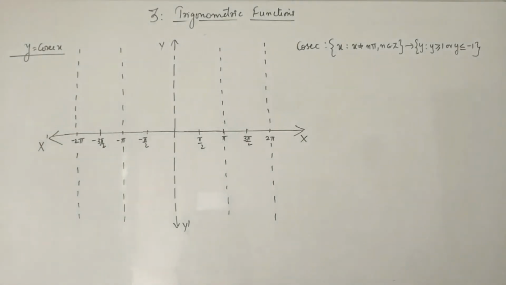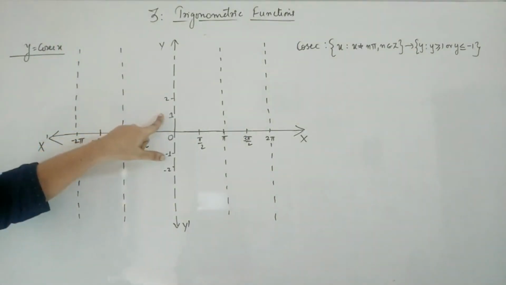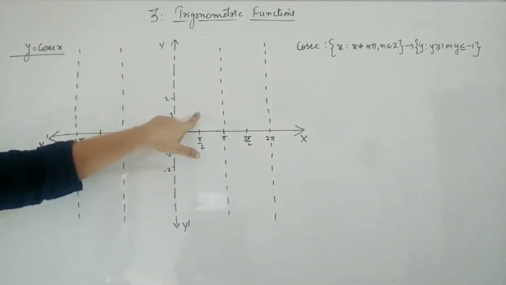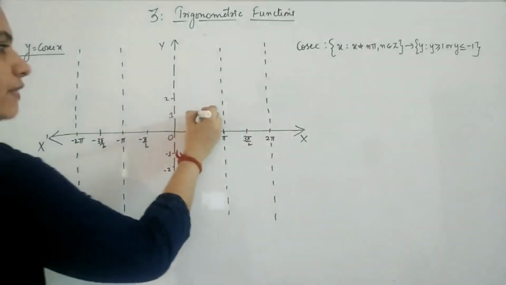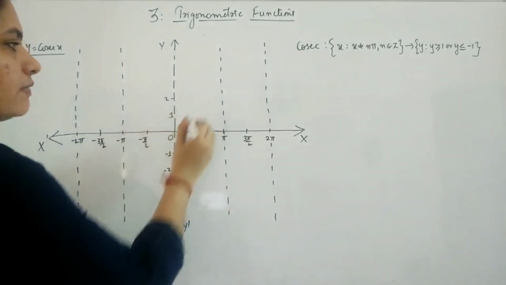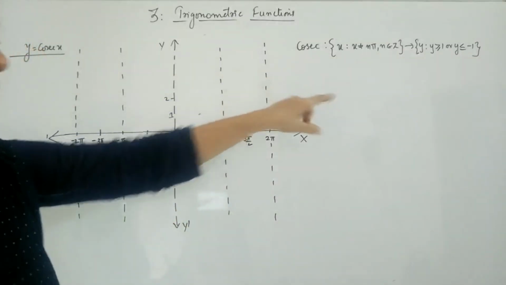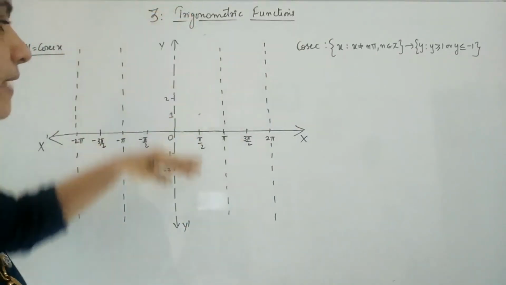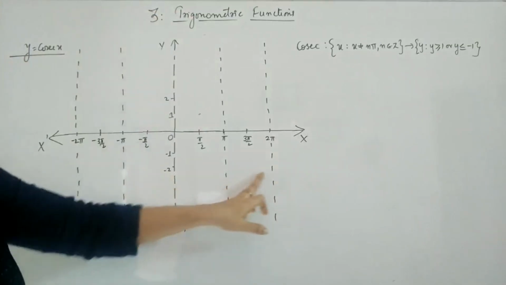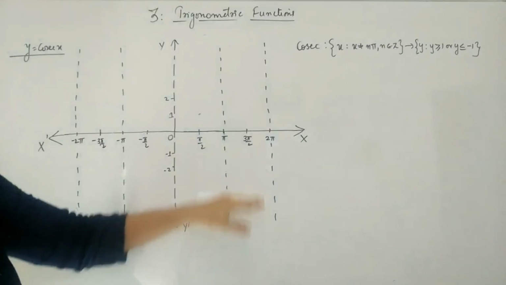Okay, now going for the values. Now by drawing the graph, the value of cosec at 90 degrees is 1. Since sine 90 is 1, cosec 90 is also 1. So your value is here. That is, when we go for the minimum, it will be like this. That is, the range is y greater than or equal to 1. That means at that point, this will be the minimum and it will be above that only. And for the other part, in this interval, you will have it less than or equal to minus 1. So the graph will be downwards.